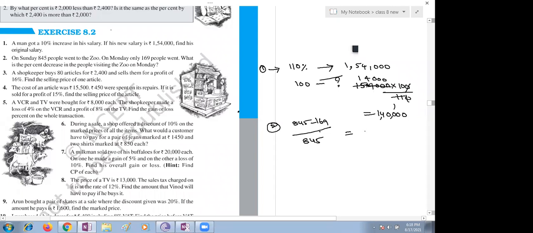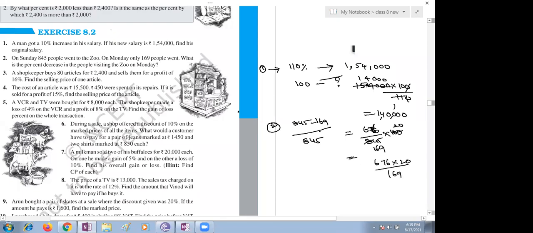Into 100. What is the numerator? Ma'am, 676. So 676 divided by 845 multiplied by 100. Come on, children, how are you supposed to simplify this easily? Can we go with the 5 table? Yes, ma'am. 5 ones are 5, this is 34, and 34 means how many times? No, 30 means 6 times, 5 sixes are 30. 45 means 9 times. Now the numerator is 676 into 20 into 169.